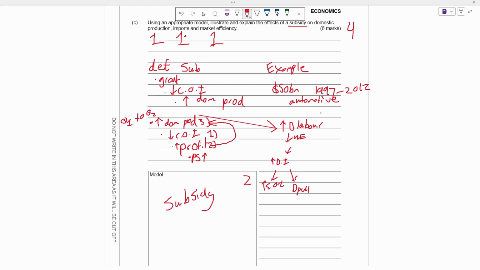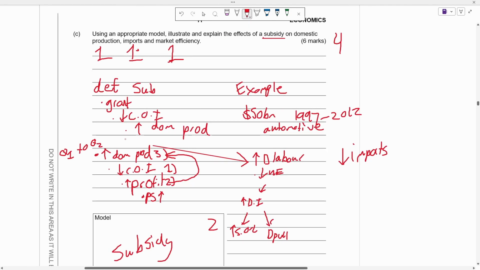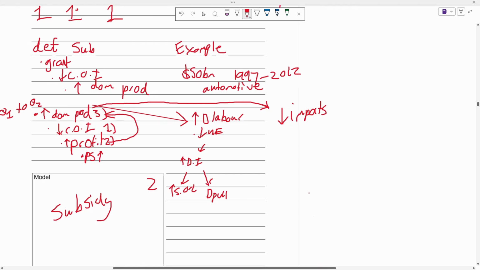Alright, so that being said, that should be pretty good for domestic production. So let's go into imports. Alright, so a subsidy is going to lower the amount of imports. Why? Well, because there's more domestic goods, okay? So we could just link this back to our first paragraph about domestic production. So after we finish our domestic production paragraph, we could say, since there's more domestic goods being produced, the demand for imports will decrease. Therefore, imports will decrease from